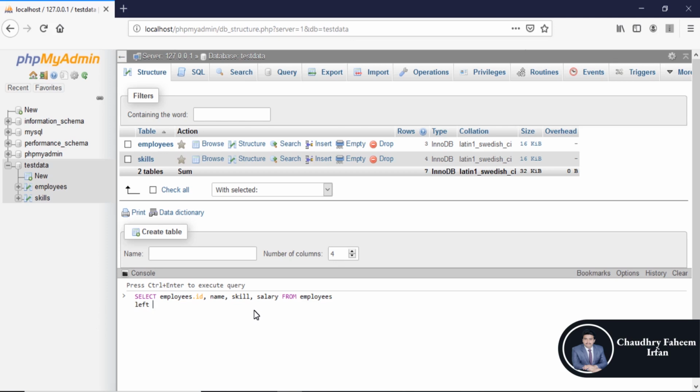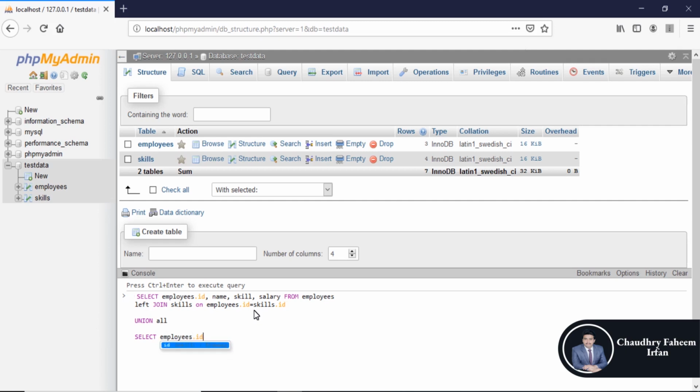First perform left join skills on employees.id is equal to skills.id and use the keyword union all, and now select employees.id